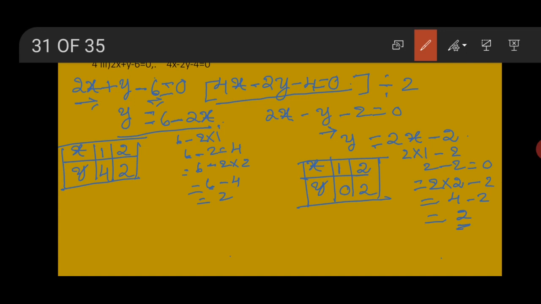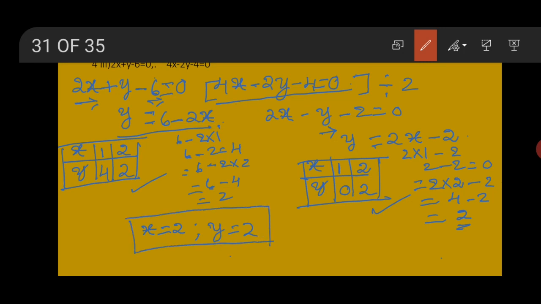Yes. Now using these two value tables, plot the graph. Then you can get the value of x and the value of y, right? Do these two value tables yourself using the graph paper and find the solutions, right? I will write the answer directly. You will get x is equal to 2 and y is equal to 2 as the solution.